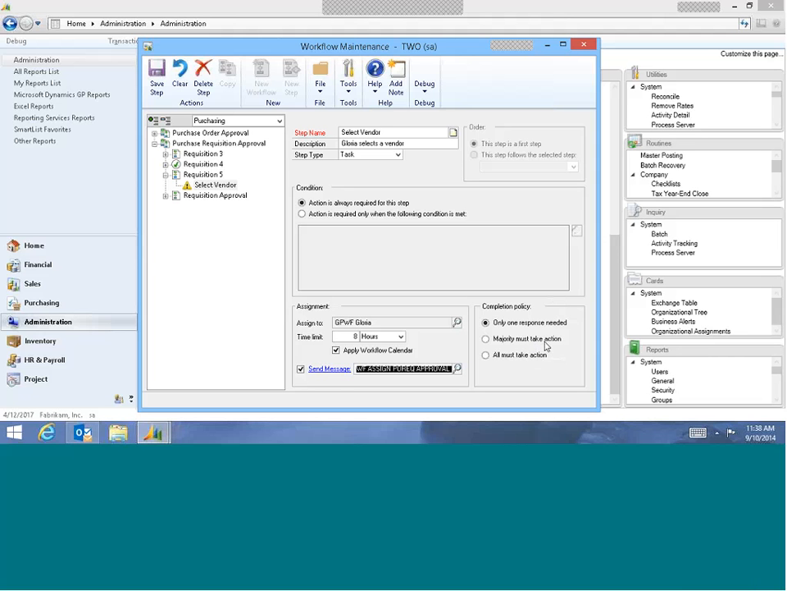If the majority must take action, then 11 people from that group must take action for it to be completed and move to the next step in the workflow. If all must take action, then all 20 of those individuals must take action. So those are the options for determining whether or not we can move to the next step in the workflow and say that this step is completed. So those are our options. We'll click Save,